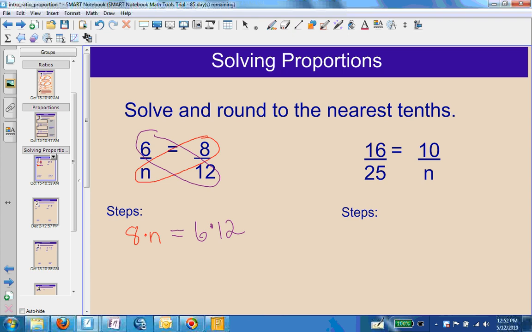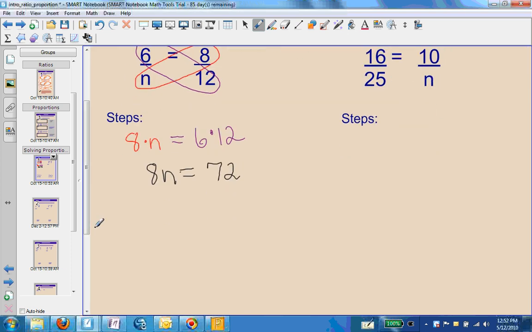So I end up with an equation. 8n equals 72. Now I'm going to solve this equation by dividing both sides by 8 and multiplying by the reciprocal, which